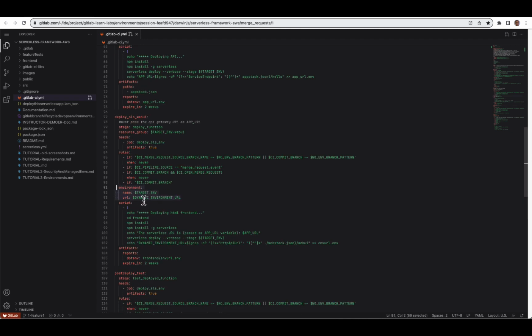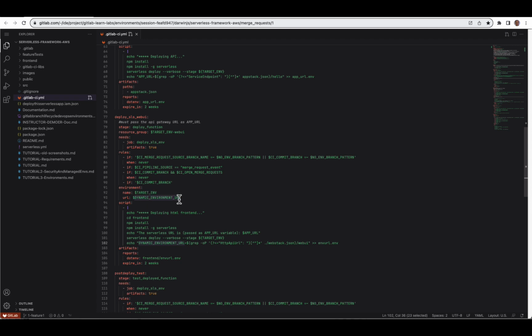Now, in the case of deploying the web UI, we have this environment section. And in this environment section, there are two things going on. One is we're setting the environment with this variable. And then the second one is we're collecting the URL from the job. And that's done by sort of a little trick. We set this environment variable into what's called an env file. And then when we collect that env file as a report.env, whatever's in there becomes a pipeline variable. So you see here, I'm setting dynamic environment variable URL right here inside of this file. And when this file gets read here, it's populated, and then it's back into this URL parameter here,